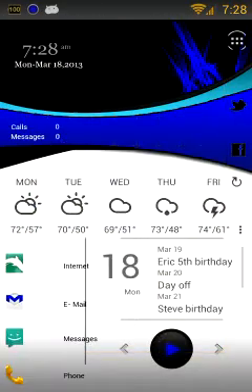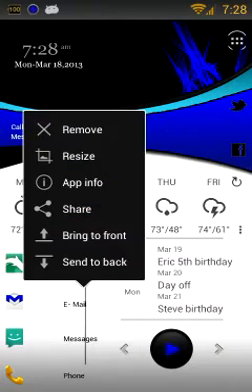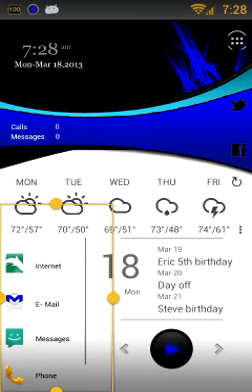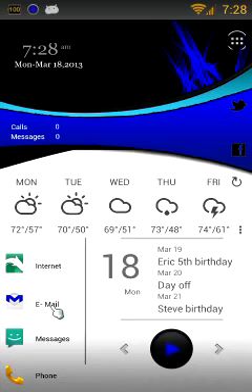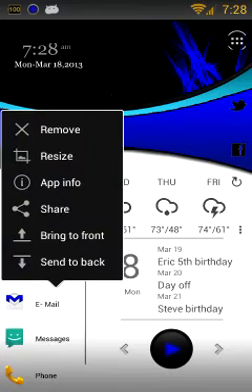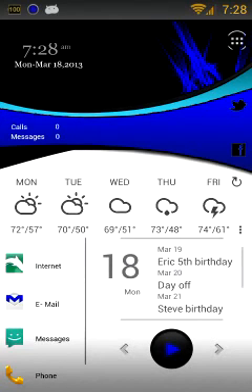So then we come back in here. We resize this here. And now, very important, what you're going to want to do with this UCCW here is long press it and send it to the back. You don't want that thing up front, otherwise you won't be able to press your icons. So now that we have our entire layout, we're just going to go into any of our UCCWs, and I've already set the